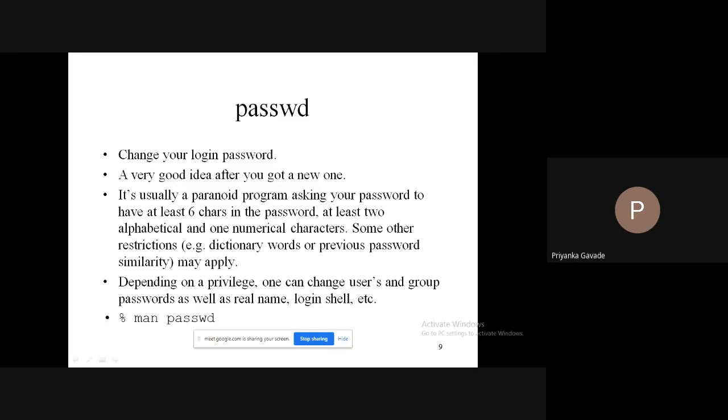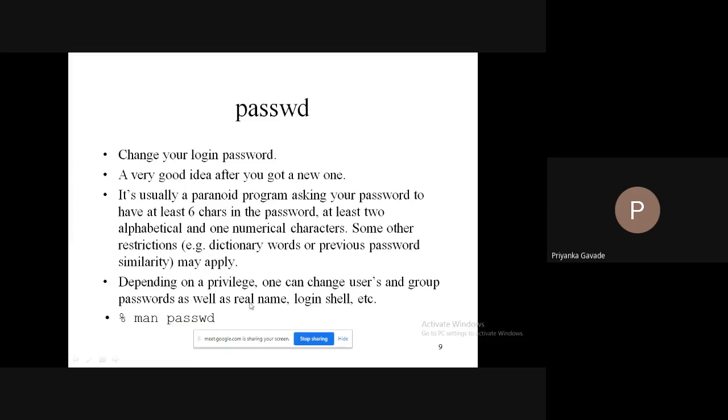It is a program which asks you to key in at least 6 characters in a password such that 2 of them are alphabets, one is a number, and the others could be some special characters. But see to it that a password can never have a command as a part of it, right? It cannot have dictionary words in it, right?